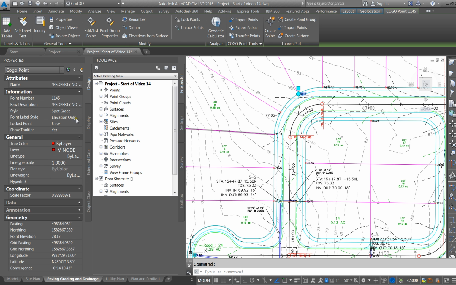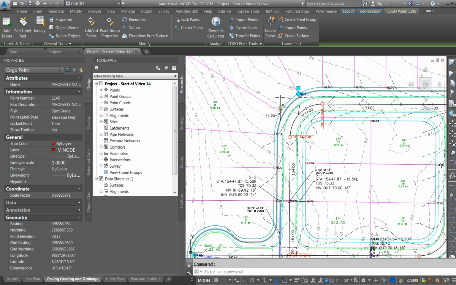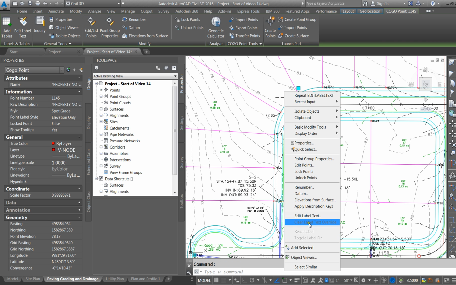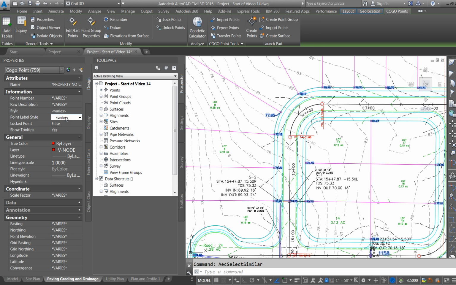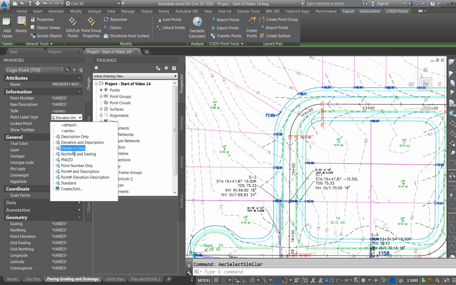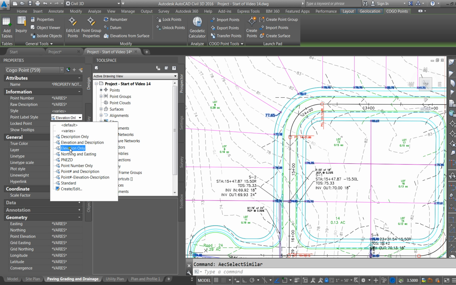So on all of these, if I go right click and select similar, and I'll do elevation only, it should automatically update